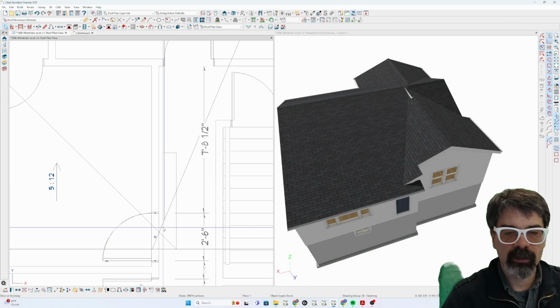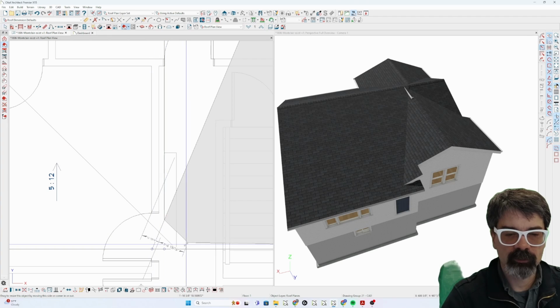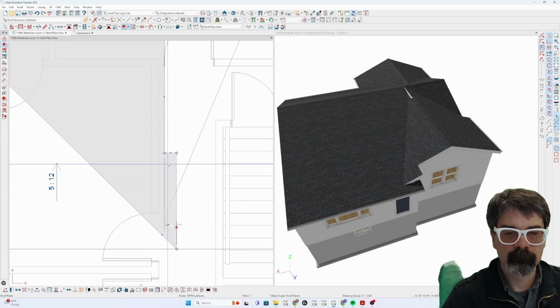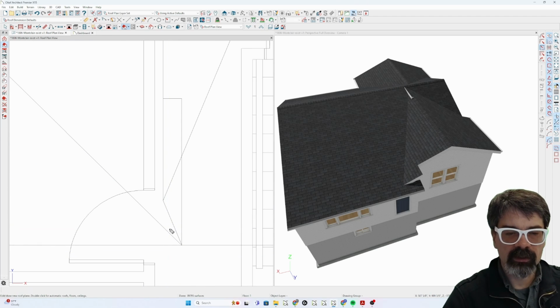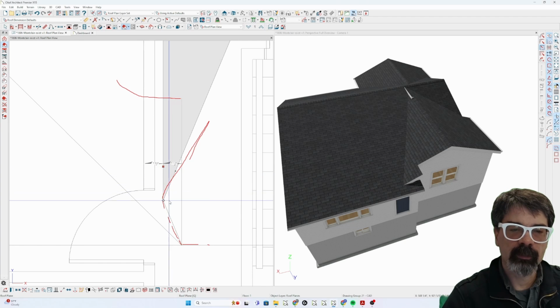I'm going to break my 212 pitch, pull it back like so, and make this line join with that. Now, it's not going to like this, right? Because, so here's my 212 pitch line, my plane going like this. This is the 512 going this way. And let me pull this back